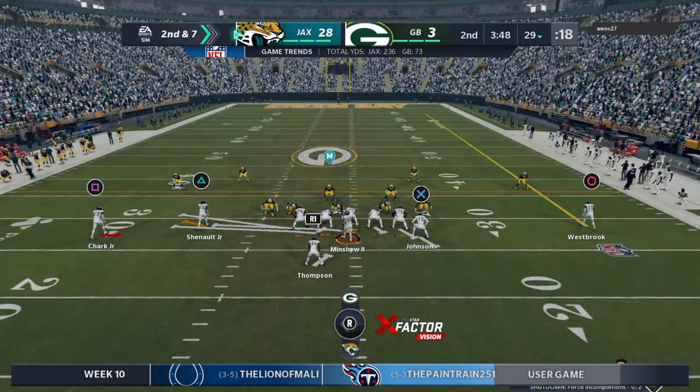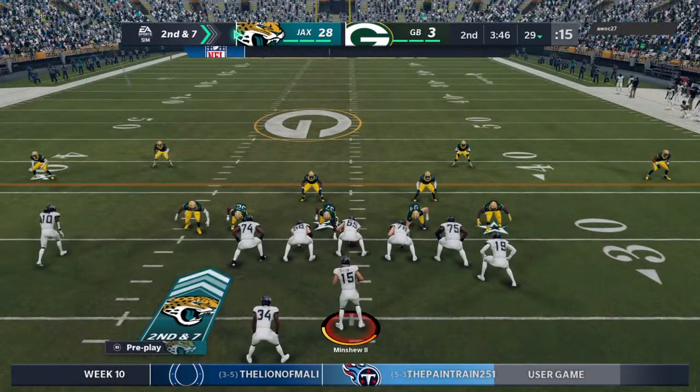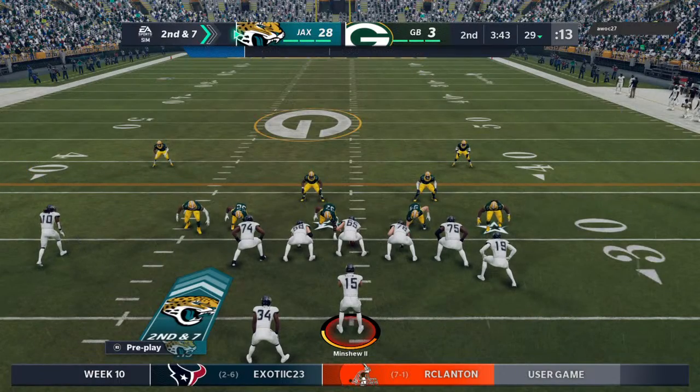Coming up on 2nd and 7. Here we go. 42's the mark. 42's the mark. They can't hang